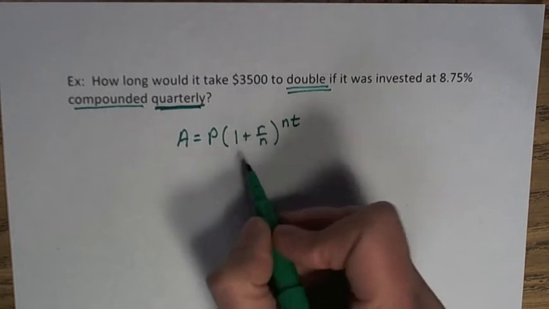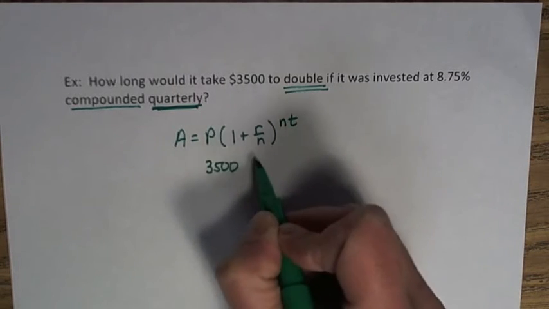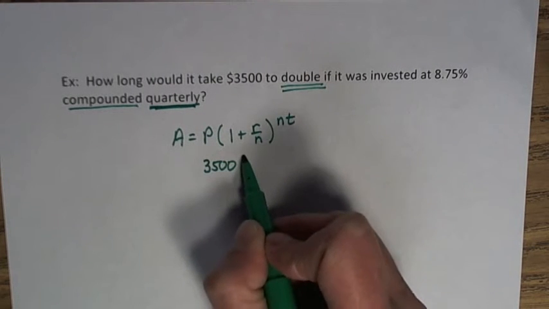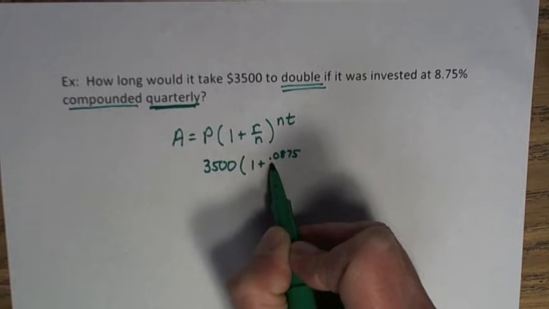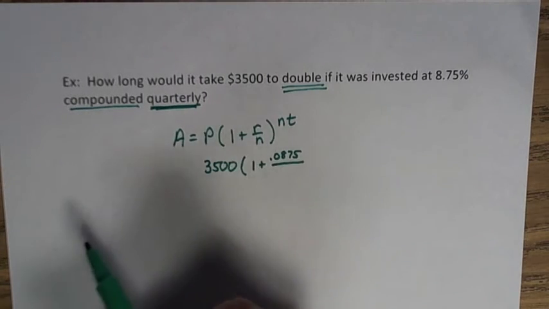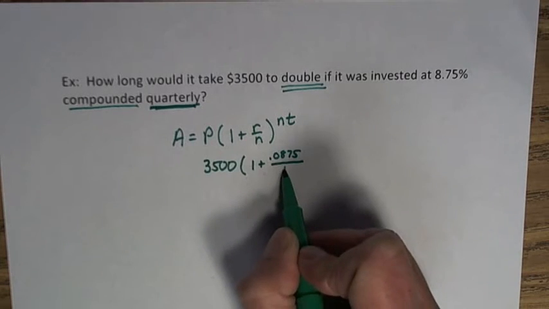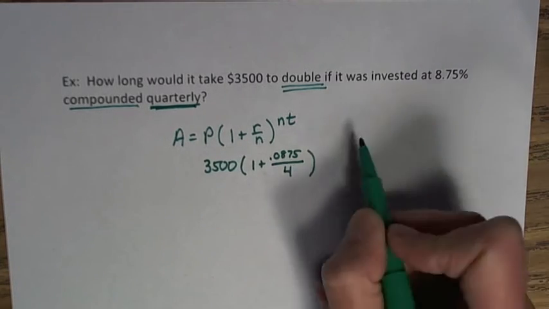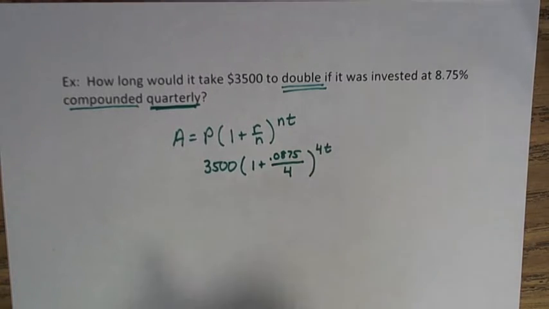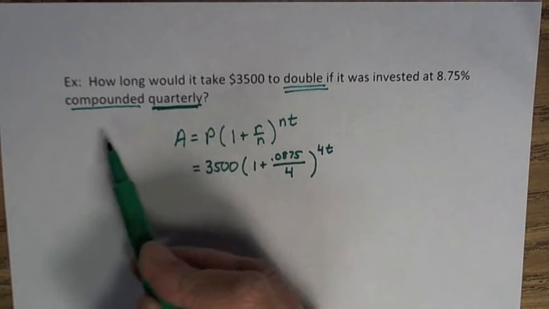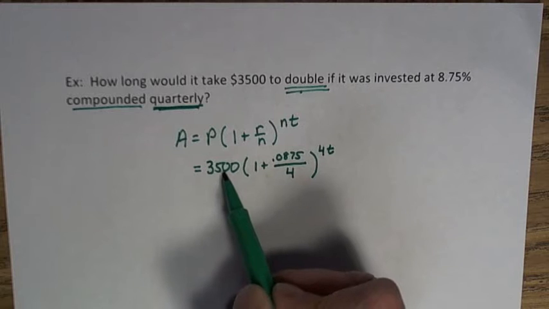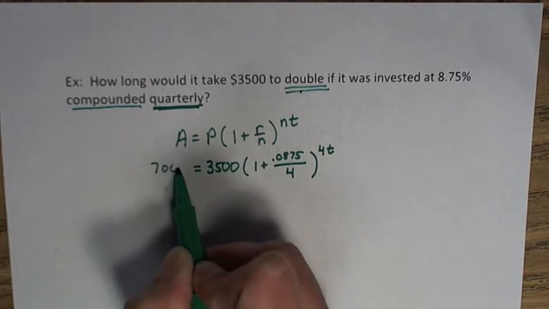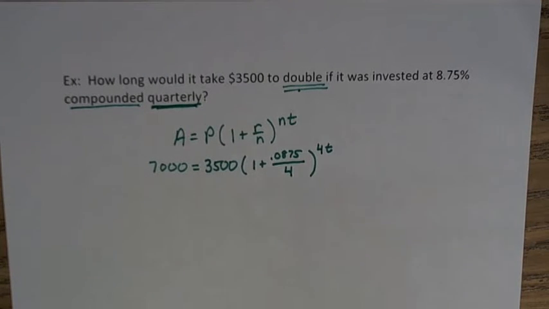Now, 3,500 is my starting amount. And let's see, I've got 1 plus 0.0875 divided by, and I'm doing this quarterly, so I divide that by 4, and I raise that to the 4t. Now the question is, what's my A amount? Well, this is where the word double comes into play. I want this amount to double. So twice 3,500 is 7,000. And so when I go to solve this